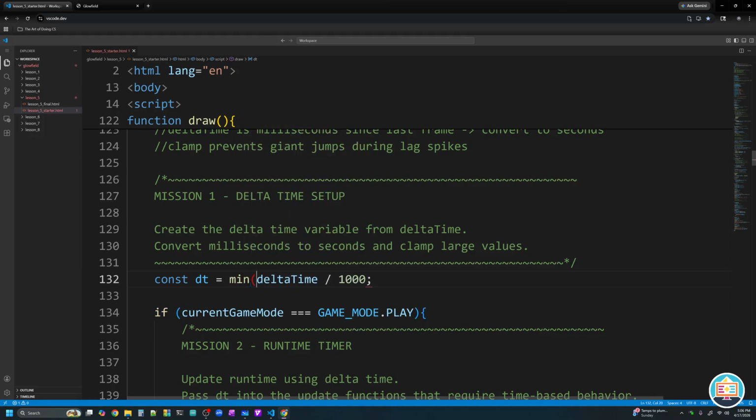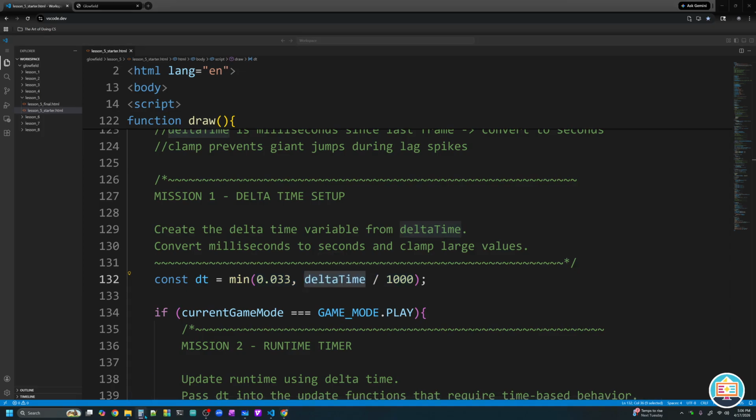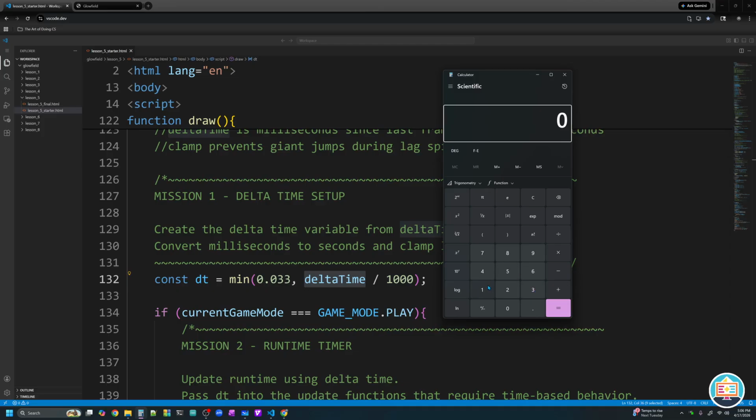The way we're going to do this is with the minimum function. It's kind of weird that we're using the minimum function to set a guaranteed largest value, but let me explain how it works. We're going to say 0.033 is our highest possible value. The min function is going to pick between these two numbers whatever is the smallest. So if delta time were, let's just say, 100 milliseconds from the last frame,